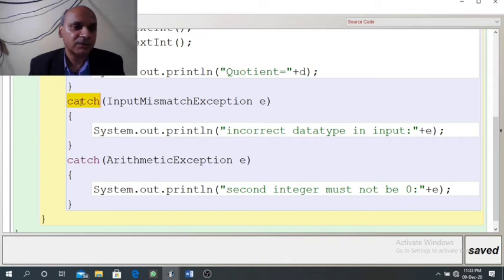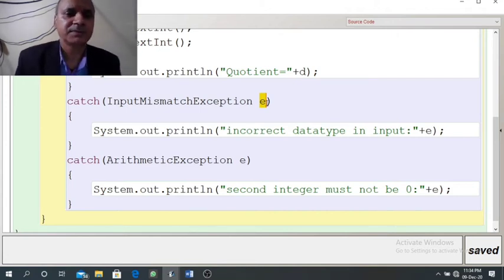In case of catch block, we need to write catch keyword. Now in the argument list, first we need to write the system class that will deal with the runtime error. So we have seen that we can have error of input mismatch. So first we will mention system class InputMismatchException. After space, name of the object. You can give any name of the object. It is user defined name. I have mentioned E here.